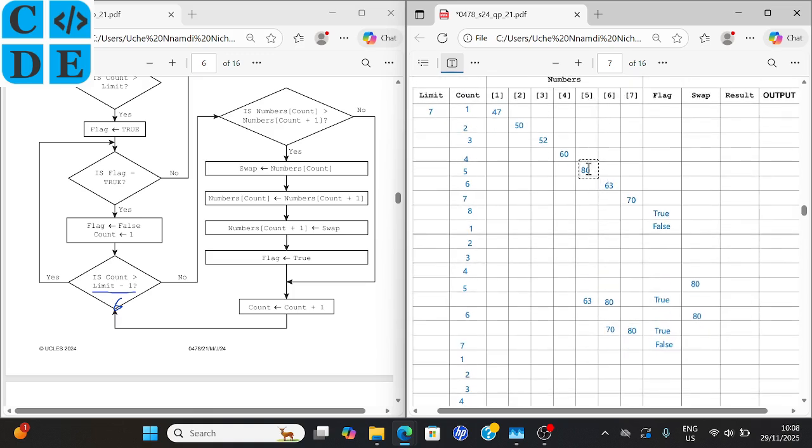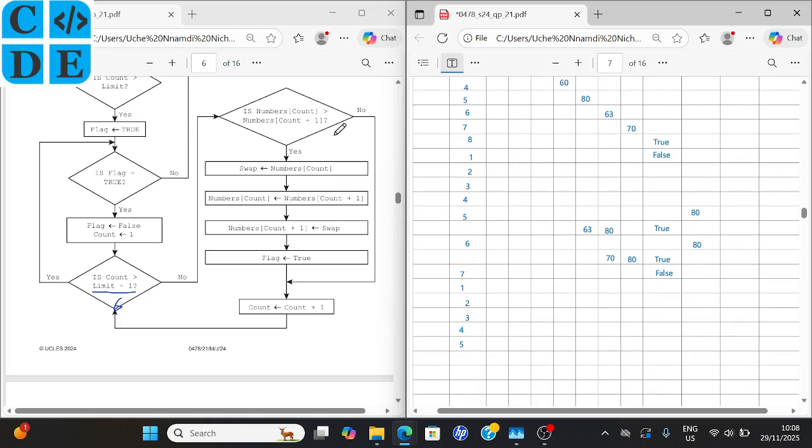So what is the value of index 5? This is 63. So is 63 greater than 70? Take note of that. Is 63 greater than 70? The answer is no. 63 is not greater than 70. So since that is the answer, we're taking the no direction all the way back here to increase count by